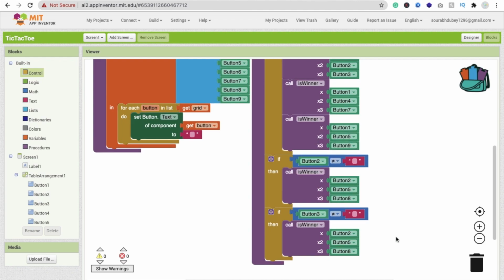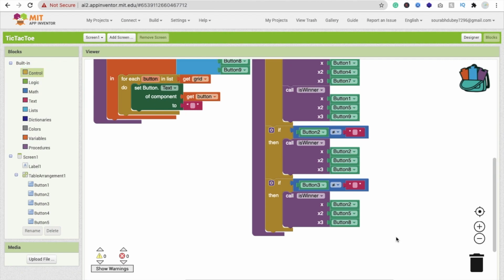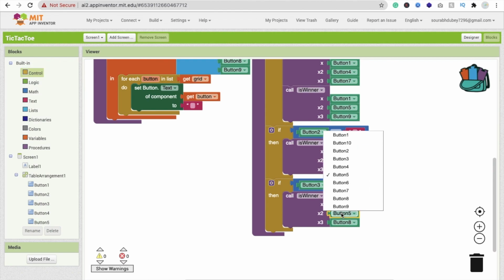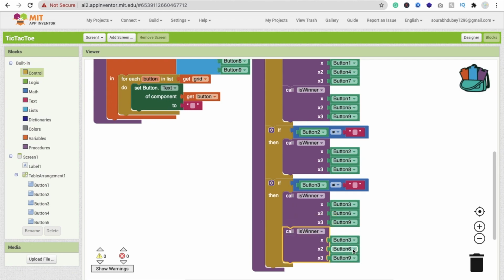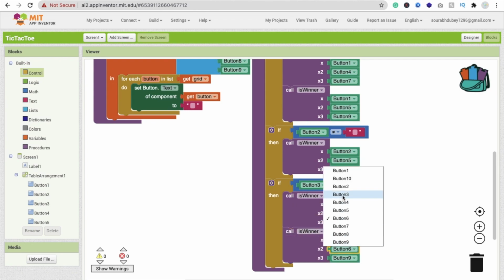If button 3 is not equal to null, then button 3, x, this one, and the x2 value should be button 3, button 6, and button 9, right?